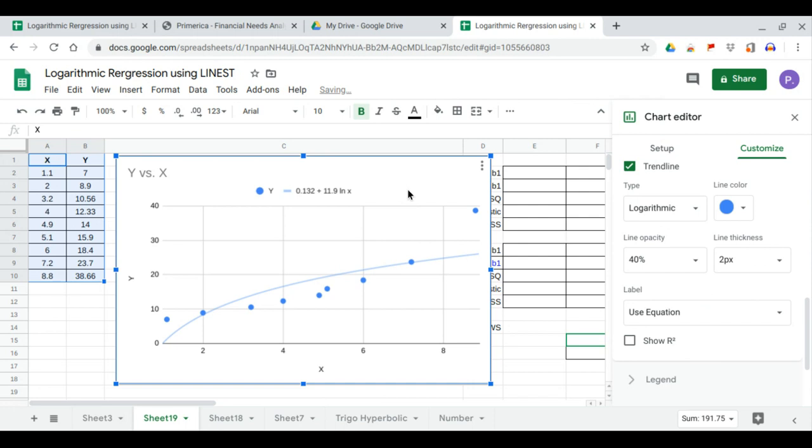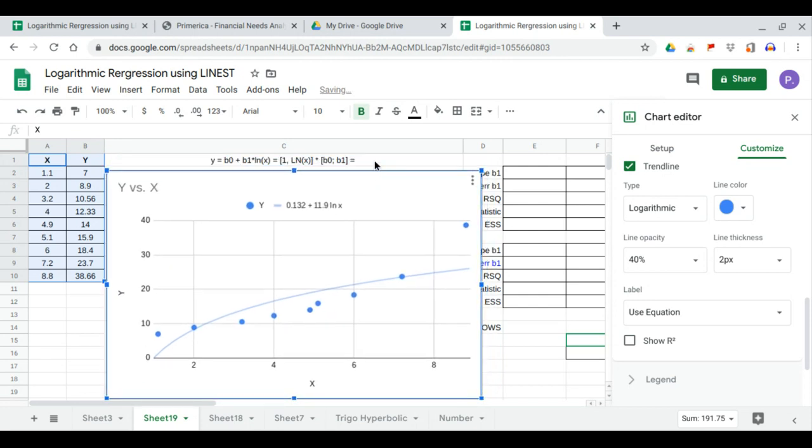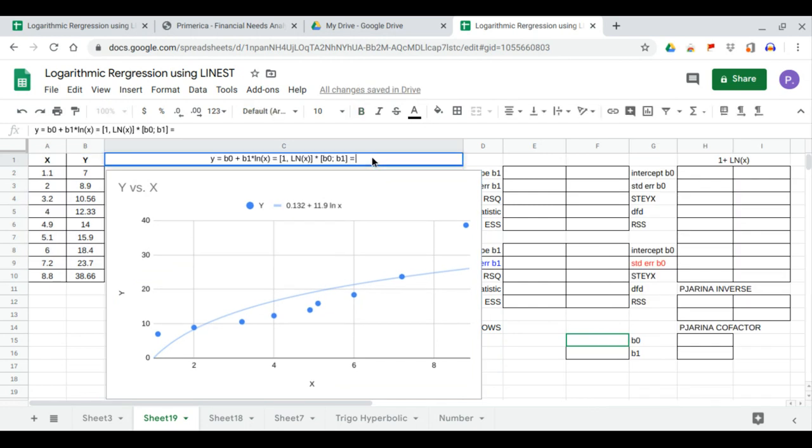So the logarithmic equation is 0.132 plus 11.9 ln x. So that's the equation of our y, where we will calculate these coefficients b0 and b1